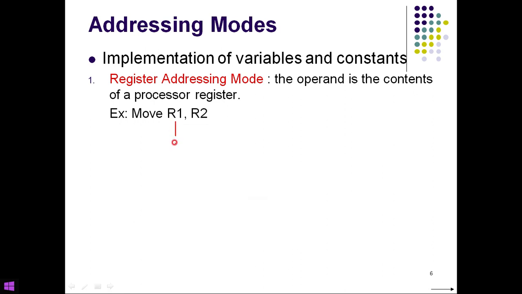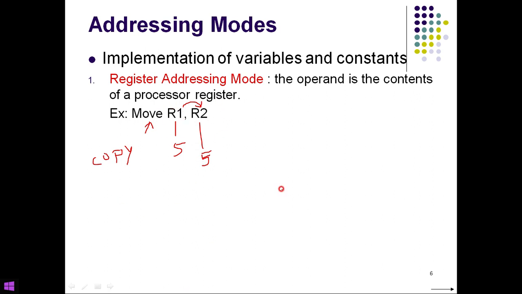So say R1 has a value of 5, and this 5 I want to move from R1 into R2. Here the move is nothing but copying. We are copying the value of R1 into R2. That is, the same 5 will also be reflected in R2. Fine. So this is very important, friends. The operands are stored in, or make use of, the registers.